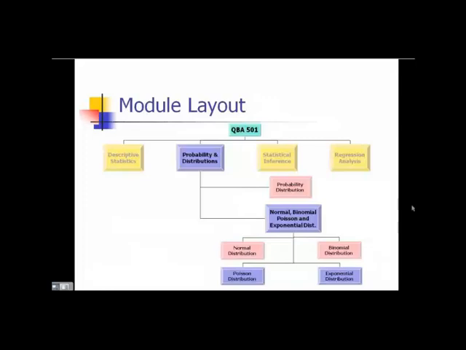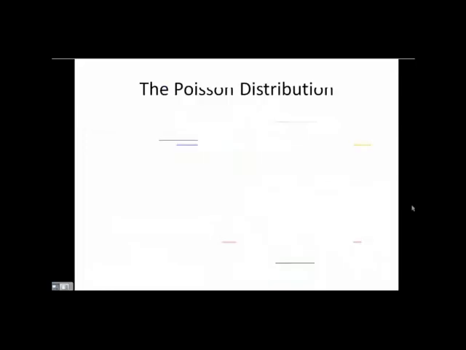All right, well, let's dig into the Poisson distribution. And like all of these probability distributions that we're dealing with, they are families of distributions that are defined by specific parameters. You remember the binomial distribution was specified by the number of trials and the probability of success, n and p. The normal distribution was exactly specified by the mean, mu, and the standard deviation, sigma. Well, the Poisson distribution is uniquely specified by one particular parameter. In this case, it's a parameter called lambda.